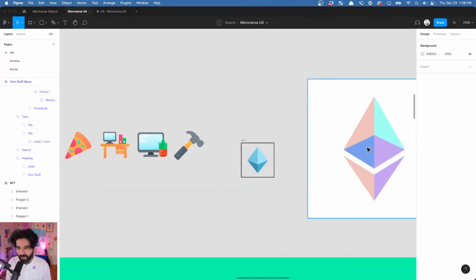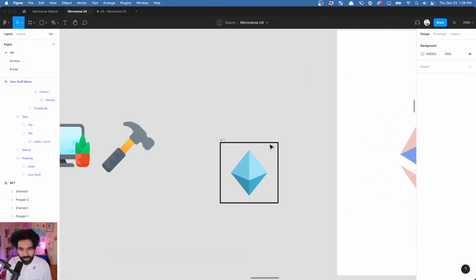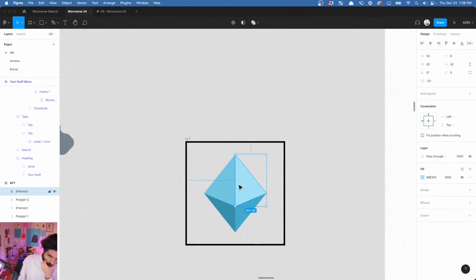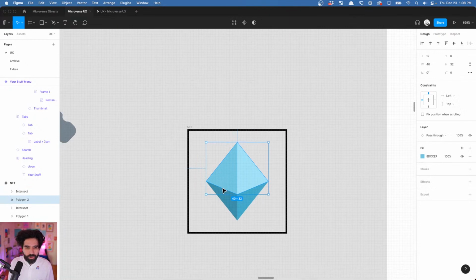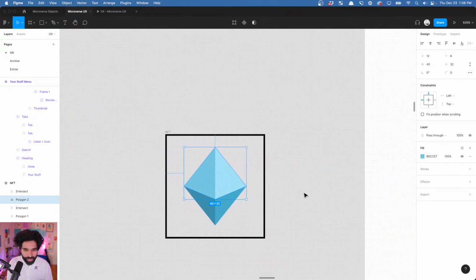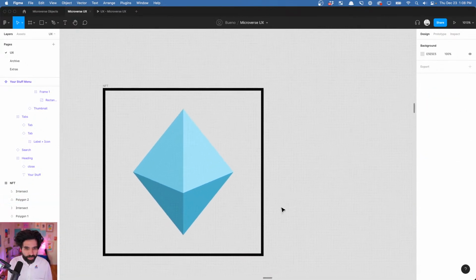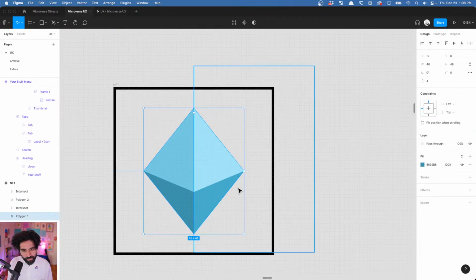That's pretty cool. I'm not going to do this stuff, and not going to do the separation. I think this is good enough. And now let's do some gradients, because the stuff over here has some little gradients here and there. And I believe what we can do to make it look dope